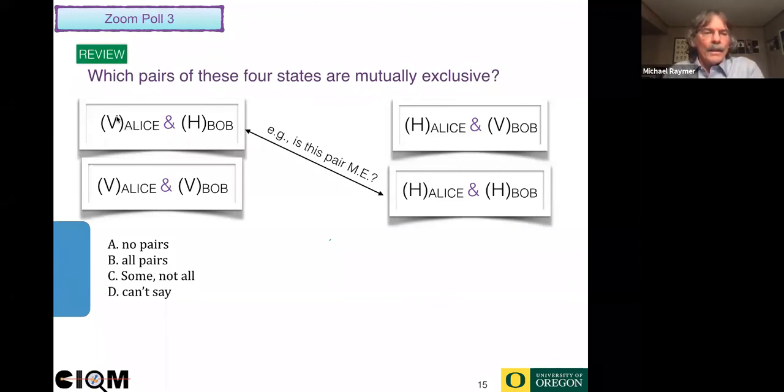So if you think of this again as tall, short, tall, tall, short, short, short, tall, each of these boxes represents a composite state. And each of these boxes is mutually exclusive with each other box. Because if Alice is tall and Bob is short, and you measure that, that rules out the other three possibilities, right? So I'm going to stop sharing. I'm going to relaunch this poll and redo that poll.